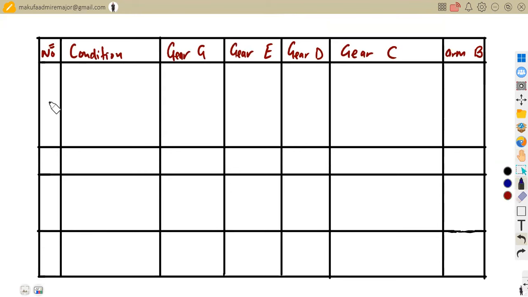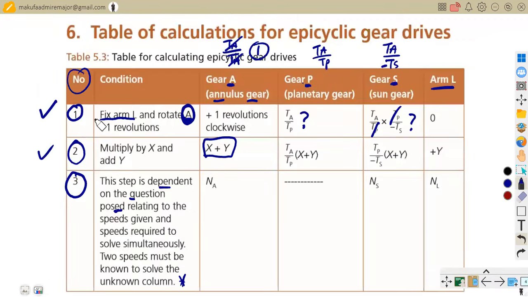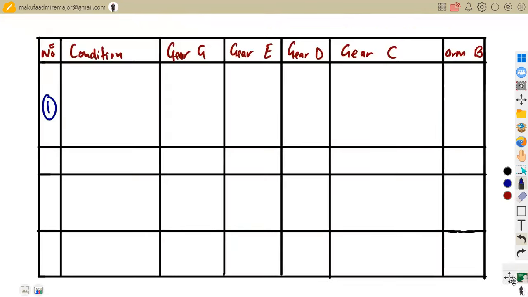And remember, the first thing, as we said, you need to know it's a fixed thing. You fix the arm, then you rotate the annulus. So meaning to say, in this case, our arm is referred to as B. So we are going to fix B in this case. What do we do after that? We rotate the annulus. Remember, G is our annulus in this case. So we are going to rotate G, which is the annulus,